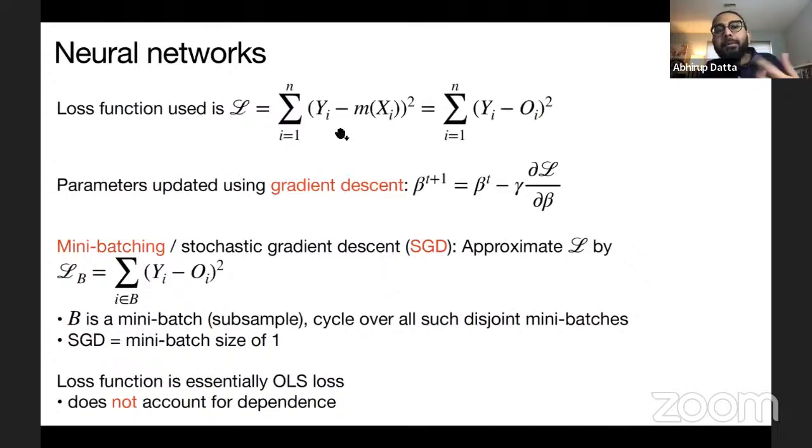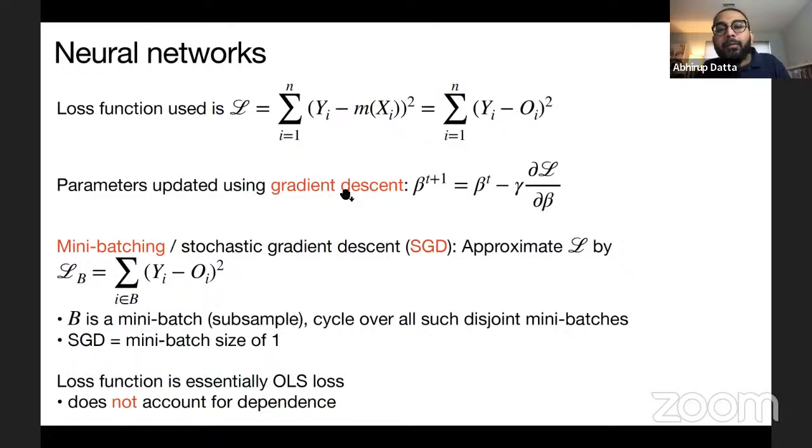And how is estimation done? It's simply matching this output layer O to the observed outcome Y. And so O is this class with all these parameters. So then you take the derivative of this loss function with respect to the parameters. And instead of trying to do full optimization, what they do is called gradient descent, where they update each parameter by a little bit using the gradients.